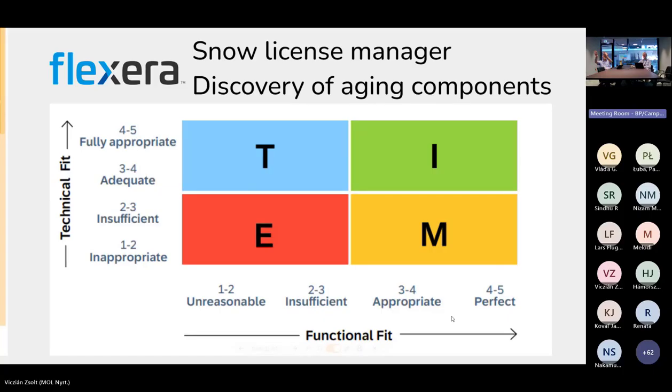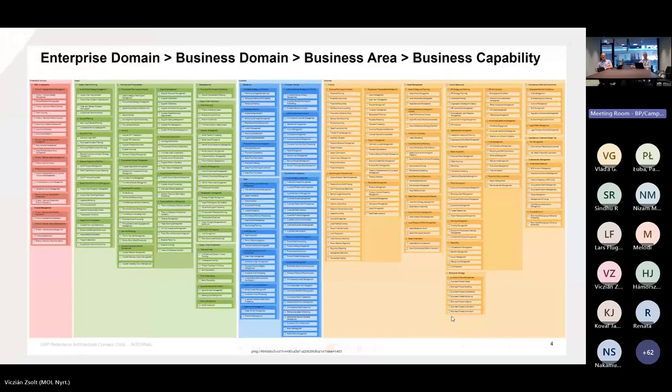So we did this assessment, and anything that's in the eliminate or migrate zone is in our focus, because for that a project will be coming, and that's our moment of opportunity to simplify, standardize, put the architecture right, create standards, etc. And in terms of capability model, we didn't have something to start with,